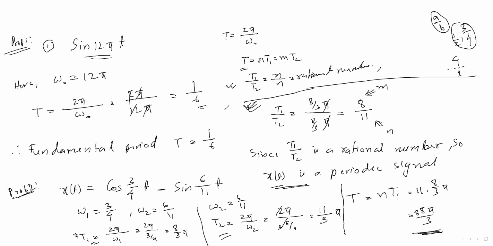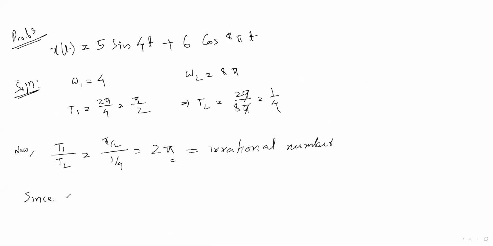So this condition is not fulfilled. T1 by T2 equal to m by n is not a rational number. Since T1 by T2 is an irrational number,